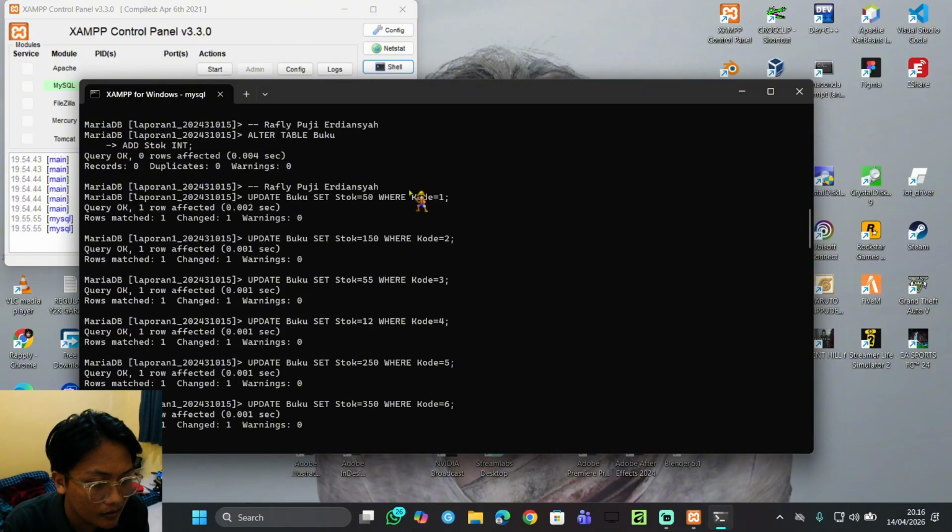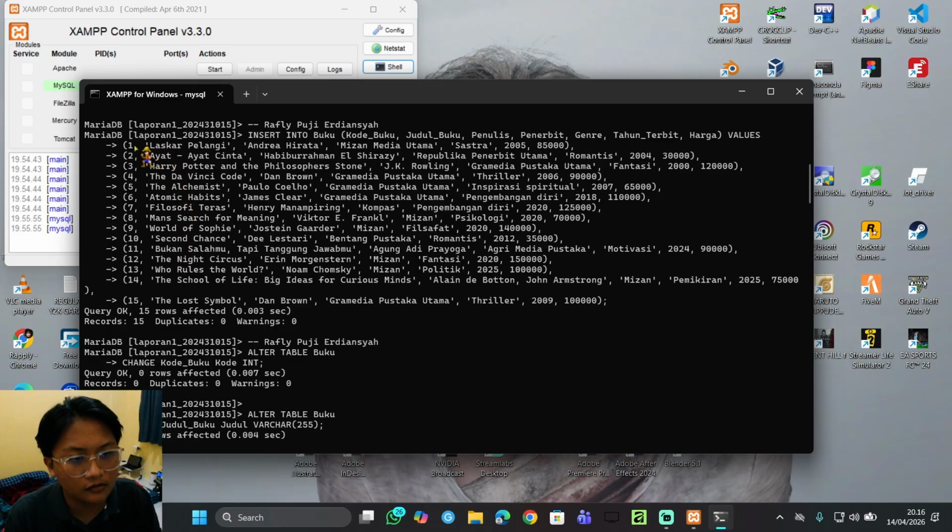After we run that, we want to update the stock. We can use update, and we choose the name of the table, and we set the stock to what we want. In this code we set stock to 50 for code 1, the first book, whose title is Laskar Pelangi.